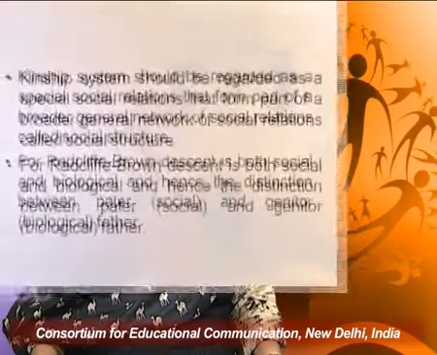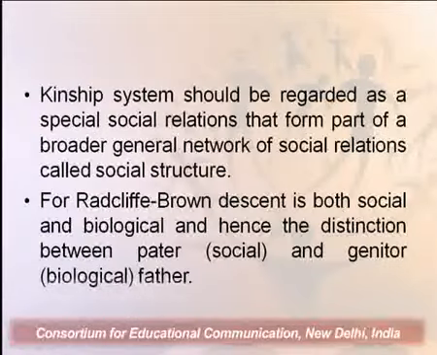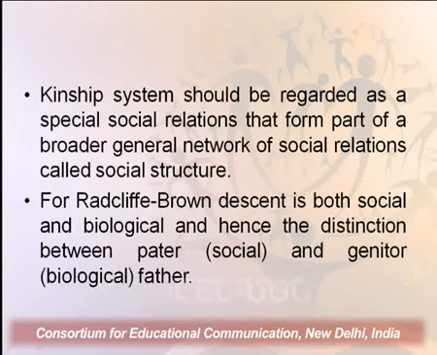In this understanding of rights and obligations, we have a structure which can be well explanatory. Kinship systems should be regarded as special social relations that form part of the broader general network of social relations called social structure. So, the structure of the society was the most significant focus on which Radcliffe Brown had